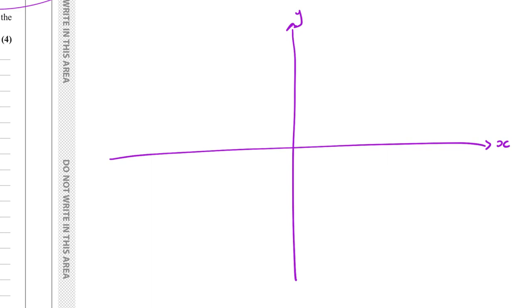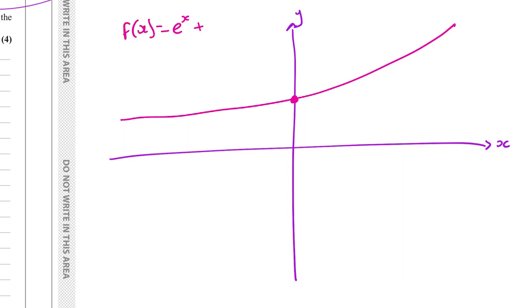X and y. Okay, so e to the x looks like this. And this, f of x equals e to the x plus 2. We discussed earlier, we translated it, and normally it crosses at 1, now at 3. I just realised I've just drawn e to the x. Right, don't worry. This is e to the x. Okay, I need to move this higher now, because we have that asymptote, don't we? There we go. Okay, so now I've drawn f of x equals e to the x plus 2, and I have an asymptote